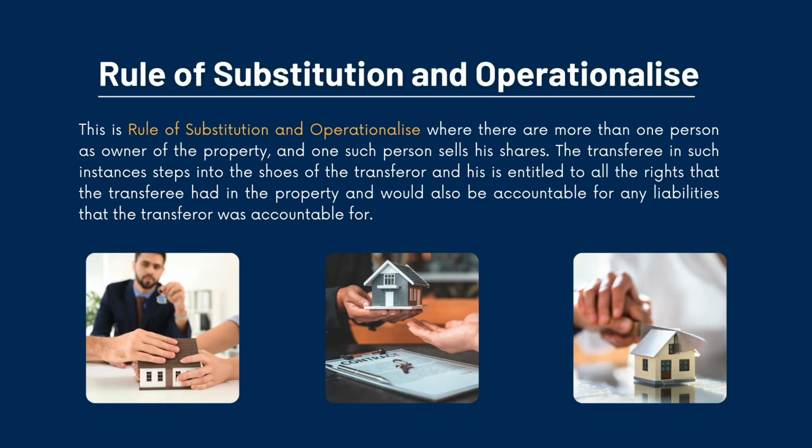This is what we call the rule of substitution, and it operates where there is more than one person as owner of the property and one such person sells his share in the property. The transferee in such instances steps into the shoes of the transferor and is entitled to all the rights that the transferor had in the property,